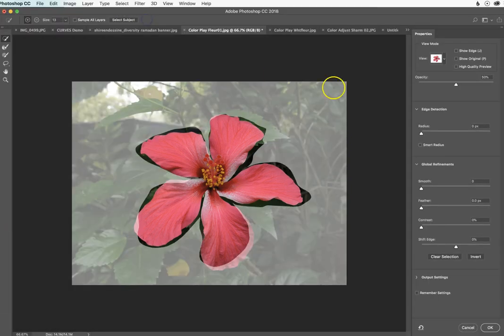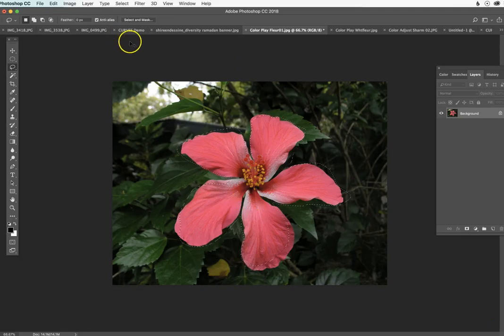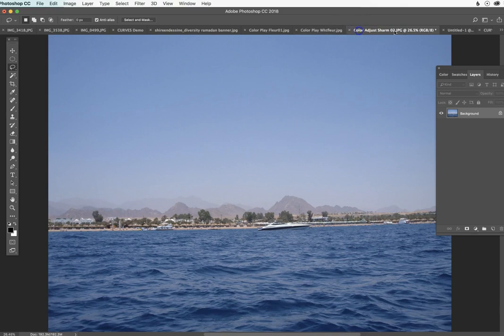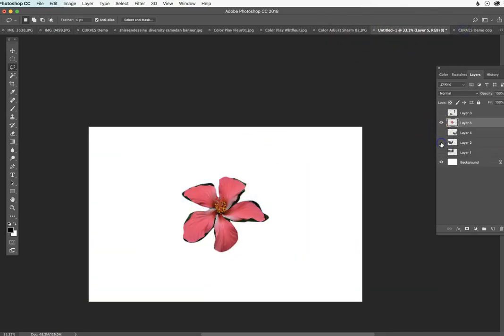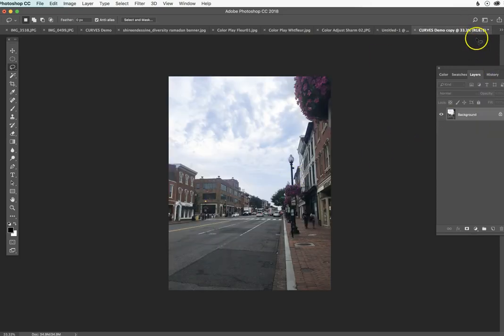I'm going to do Select and Mask. And then here's where I'm going to again add a little bit of smoothness, add a little bit of feathering, and get that Shift Edge pulled back. Okay, so now if I do Command C, Command V, that's how that would look by itself. I'm going to take off the visibility of everything else. Let's go back and talk about how we could get rid of the green when we get to our next tool. But for right now,